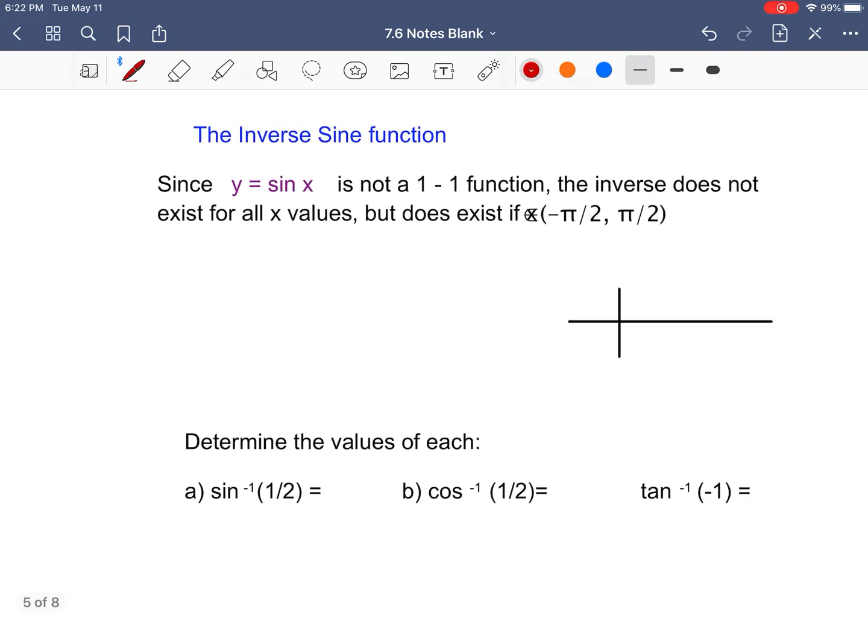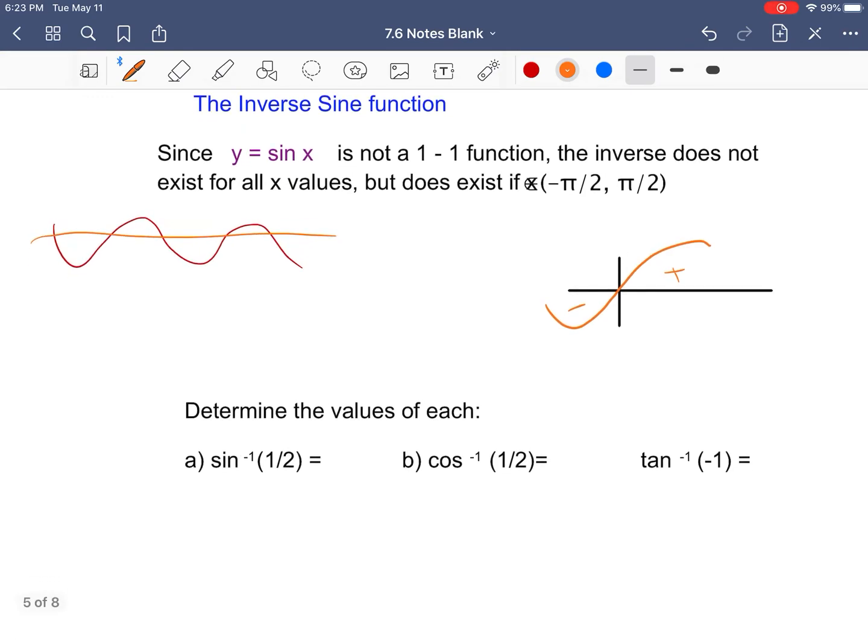We are going to skip over this example, and we're going to go into sine functions. So since y is equal to sine of x is not a one-to-one function, because we know sine graphs do something like that, and if we're giving it the horizontal line test, well, it fails at multiple points. So the inverse doesn't exist for all x values, but it does exist from -pi/2 to pi/2. So that's if it exists from sort of like this window. Here it's negative, here it's positive. We want to determine